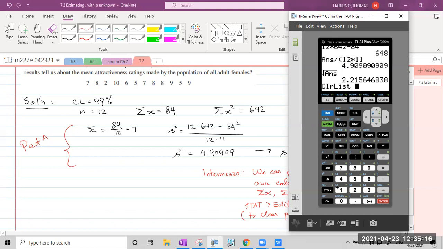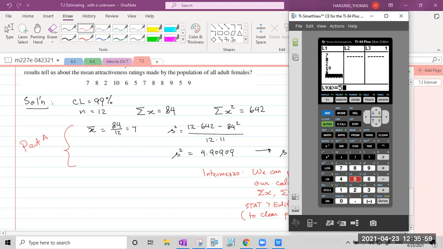Now, list 1, L1, is the second of 1, and list 2 is the second of 2. So you clear L1. If you want to clear L2 at the same time, you put a comma, L2. Then when you go to stat, edit again, you see it's already clean. Now I will put in these numbers: 7, enter, 8, enter, 2, enter, 10, enter, 6,